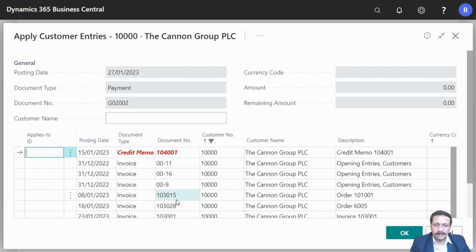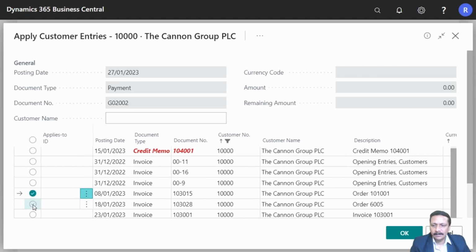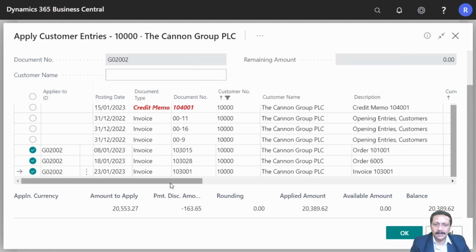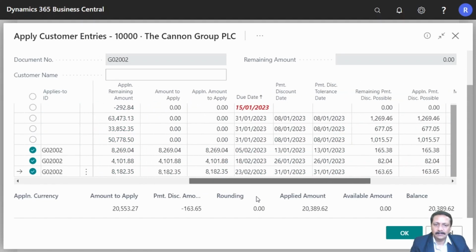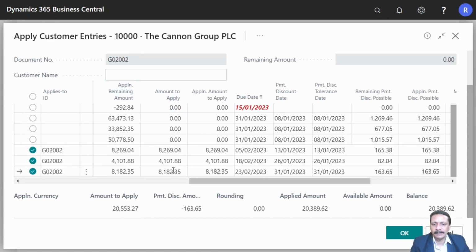the invoices entry against which we are receiving the payment, I can select the invoices one by one from the list and click on the process set applies to ID. As soon as I set applies to ID, my applies to ID field will be updated. I can scroll right and check the amount to apply field has been filled in with the value of invoice amount. I can click OK to update this